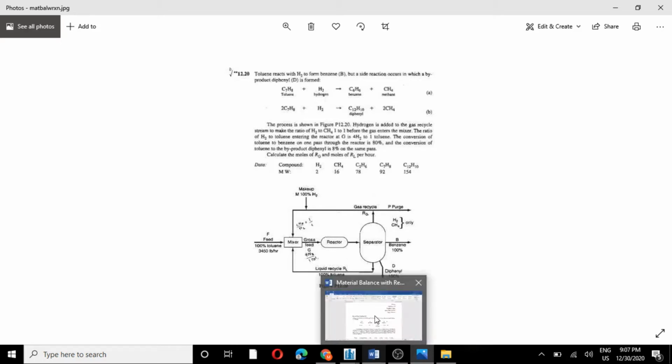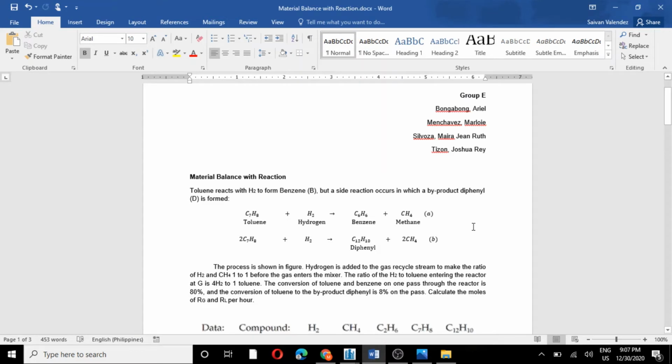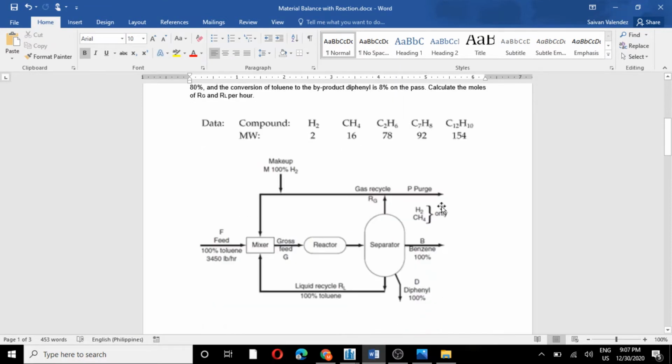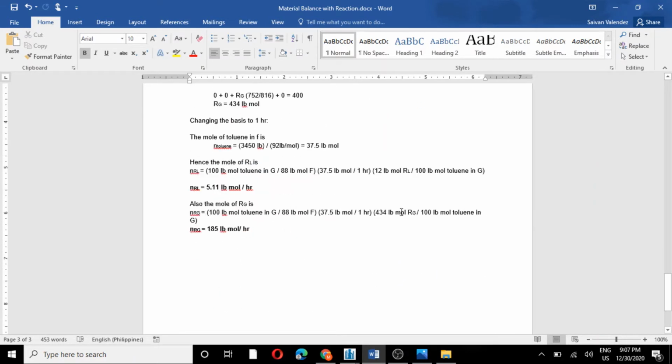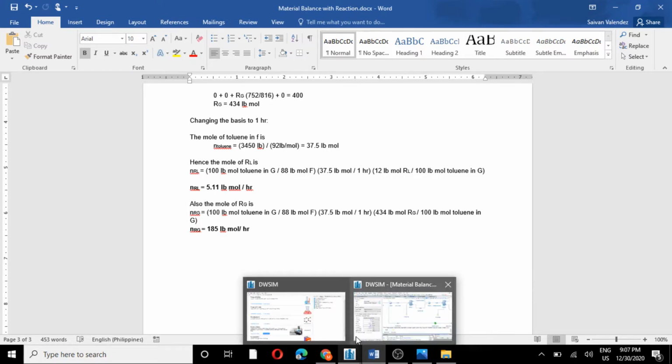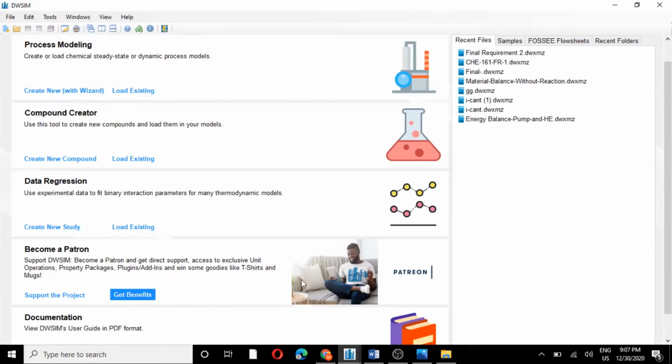So for the manual process of solving this, we should get an answer of about 5.11 pound mole per hour for the liquid recycle, and for the gas recycle should be 185 pound mole per hour. So to solve this using the DWSIM simulator, first you have to open the software, then create new